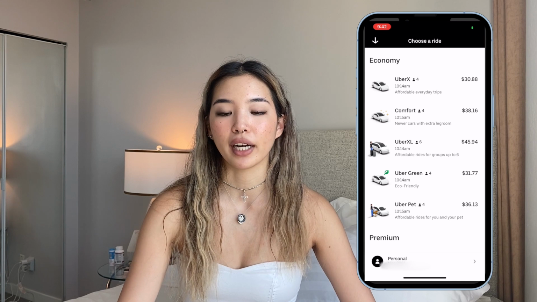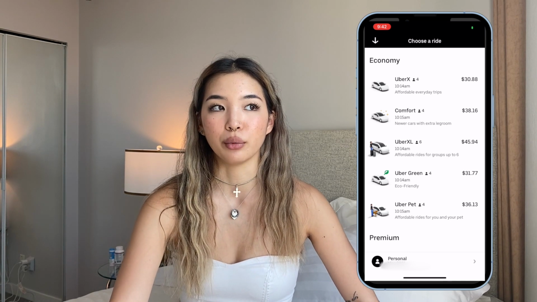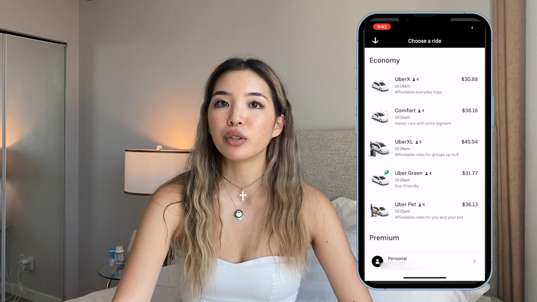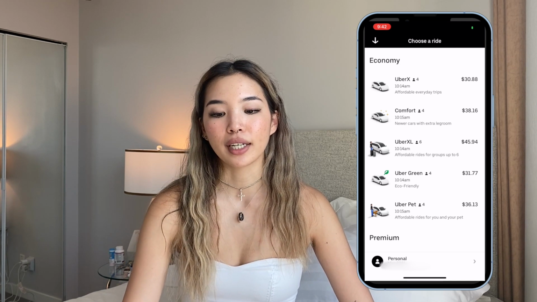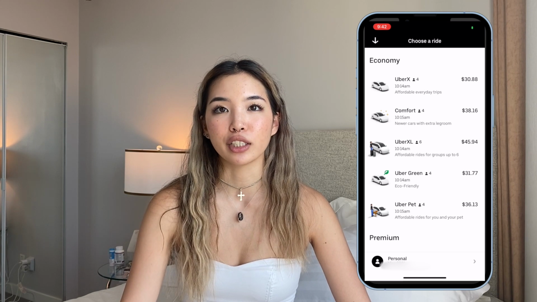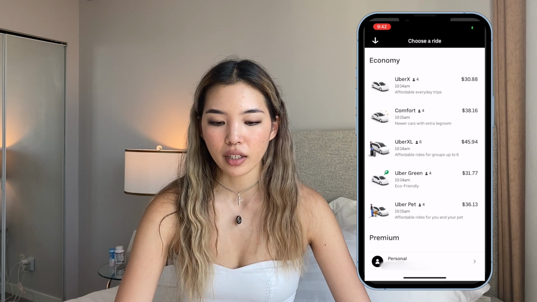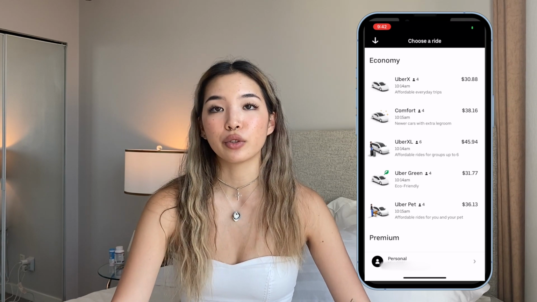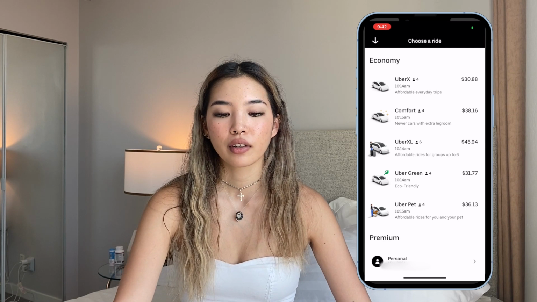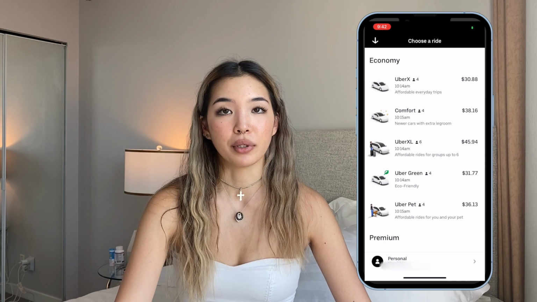It fits 4 passengers. There's Uber Comfort, which is usually just a car that's a little bit more comfortable, like more leg room. Then there's Uber XL. They usually come in a big SUV or a van, and that's if you have a lot of people or a lot of luggage. They recently added Uber Green, and this is for electric vehicles. So if you order an Uber Green, there's a pretty big chance you'll get picked up in a Tesla, which is really